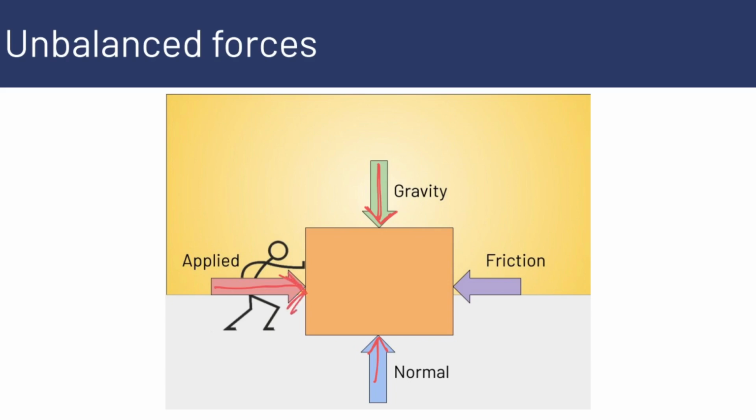So the applied force, which is, remember, just a catch-all name for a force, is the person pushing the box to the right. Notice this arrow is longer than the arrow with friction. So therefore, the box is moving to the right. It's overcoming the friction, and it's actually accelerating to the right, because of unbalanced forces. If you remember Newton's first law, an object in motion stays in motion, and an object at rest stays at rest unless acted upon by an unbalanced force, a net unbalanced force. So here's our net unbalanced force pushing the box to the right, so the box would be accelerating.